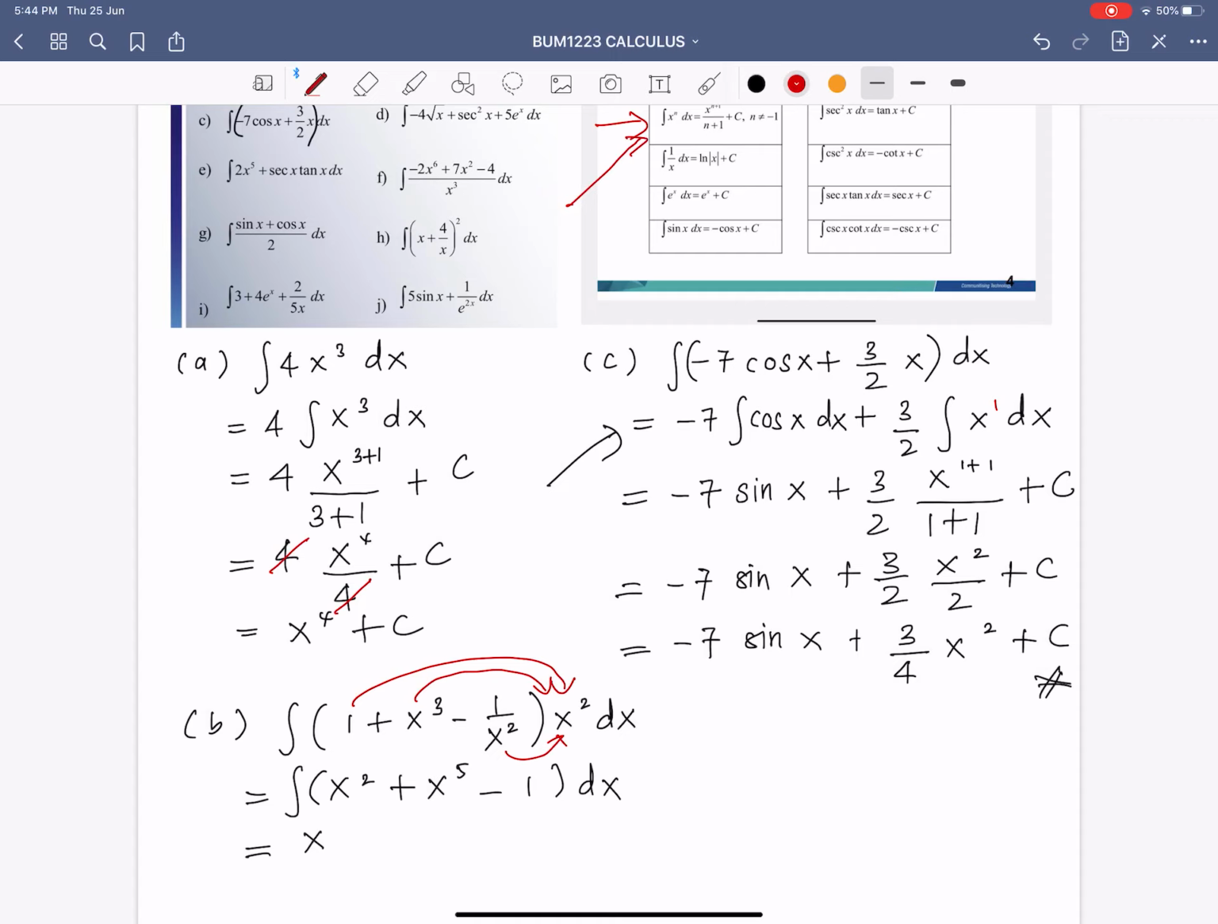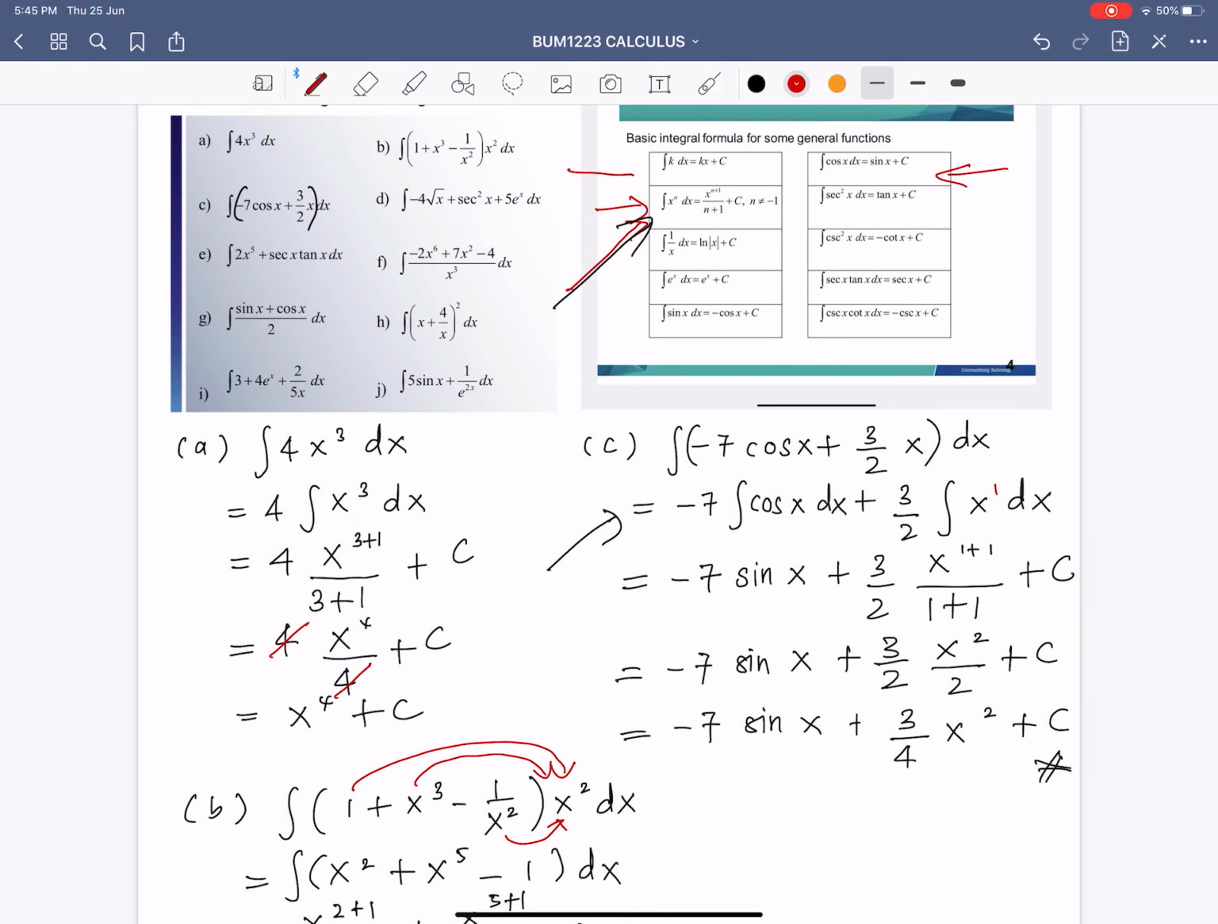So x power of n plus 1, in this case our n is 2, so x power of 2 plus 1 over 2 plus 1, and then x power of 5 also is in the form of x power of n. So again we will use the power rule formula. So x power of 5 plus 1 over 5 plus 1 minus, okay, this is a constant, so we will